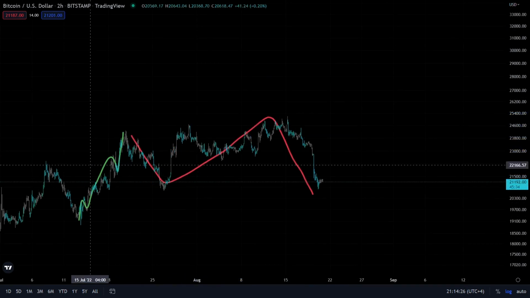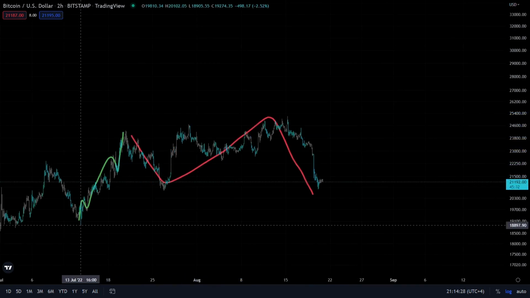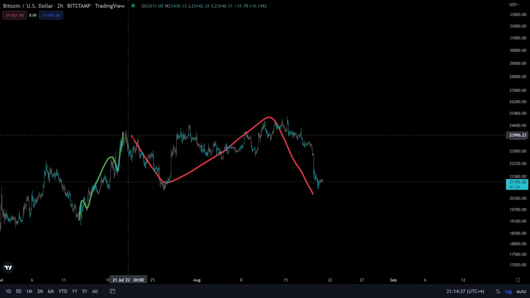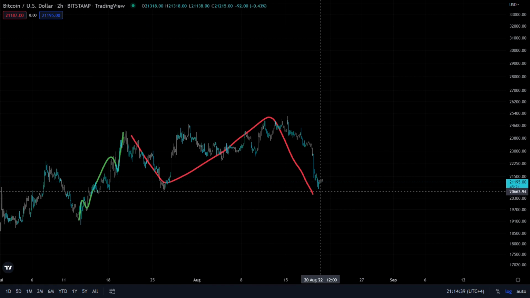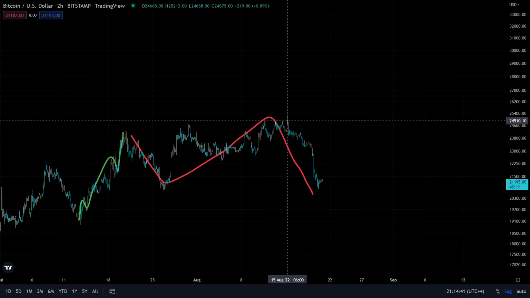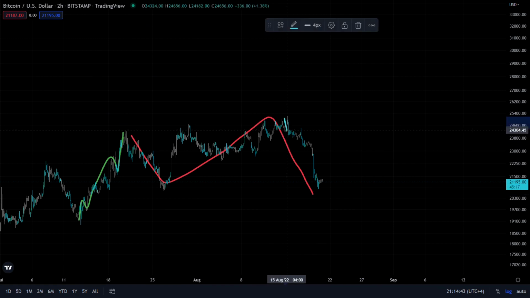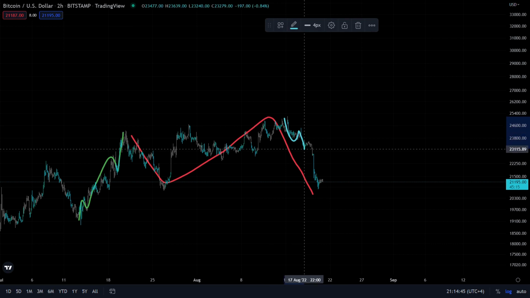The reason I'm starting the impulse down here and not the prior lows is because I think this is the most clear Elliott Wave impulse that we're going to get in the chart. The impulse does not have to start from the bottom, so I'm starting it from here, and I'm counting this as an ABC correction for Bitcoin, where this is the C wave here, and now I'm looking for 1, 2,